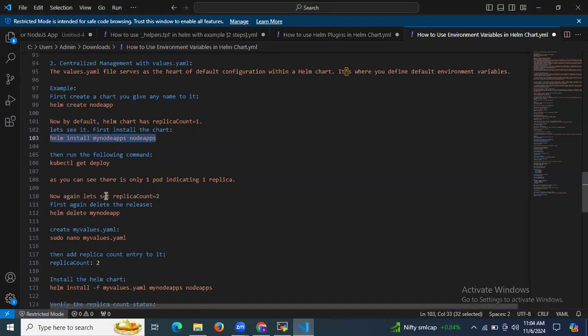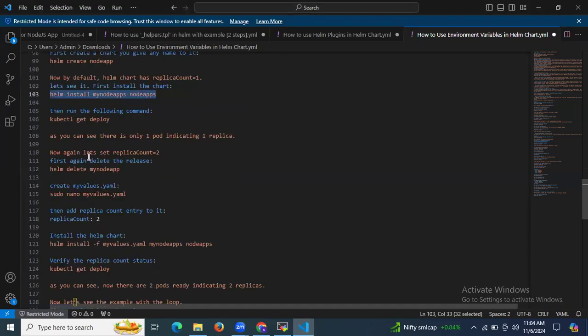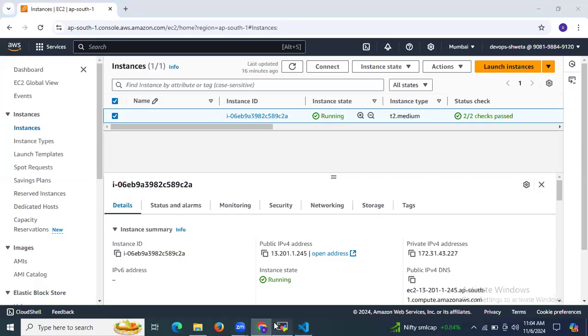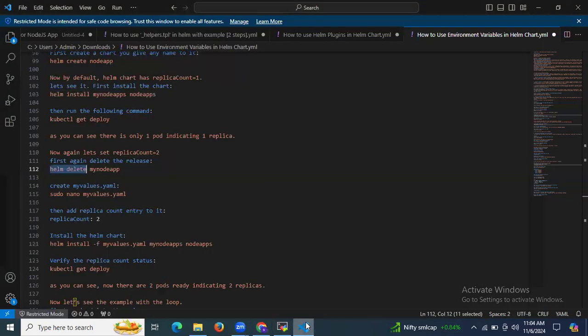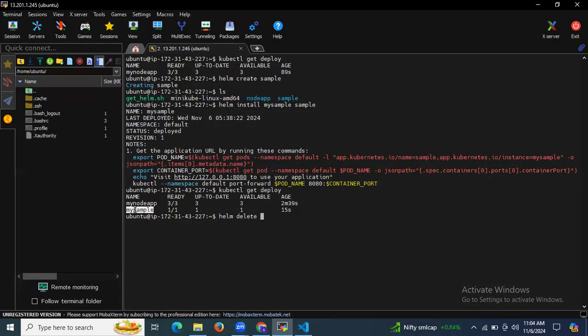Okay, right. Now again let's set replica count 2. So first we need to delete this first, right? So let's enter the command. The command is helm delete and your chart name my sample, and if I run it again there is only 1, right? Okay,